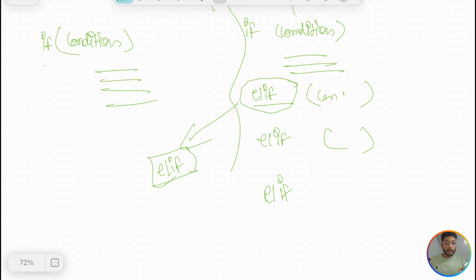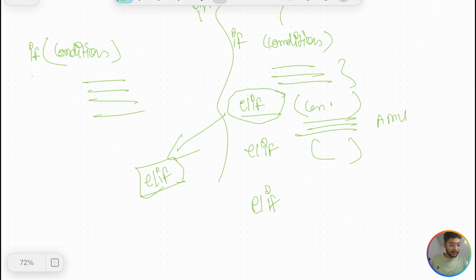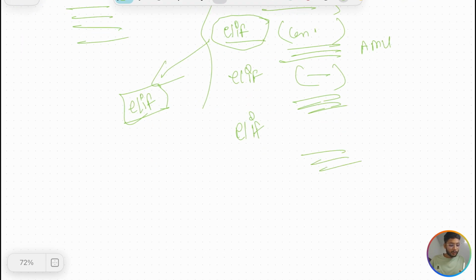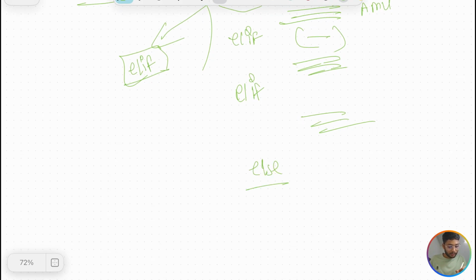For example, if you get 95%, then you will enter DU. If you get something like 90%, then you will take admission into AMU or maybe any other university. If you get 80%, you will get admission to this college. And you can stop there, you don't need to write an else condition if you are very specific: if I get into this range of marks, then only I'll run this, otherwise I won't. If you want it, you can use an else block.